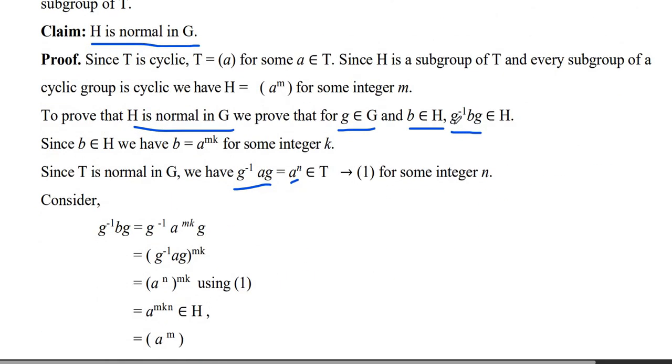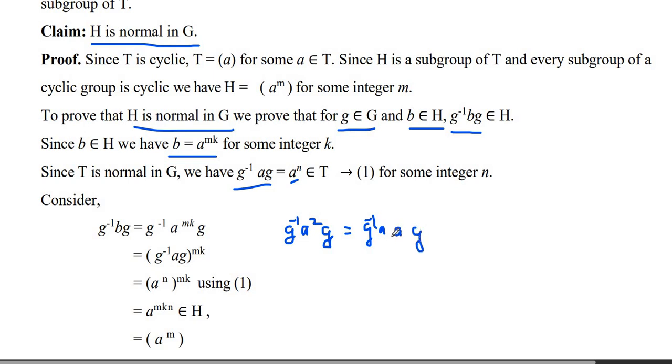Our job is to show that G inverse BG is in H. So we consider that. Replace your B by A power MK. So you have this, and from here you have G inverse AG. Whenever we consider just two elements, with G inverse to the power 2, G inverse A square G, we can rewrite this as G inverse A into